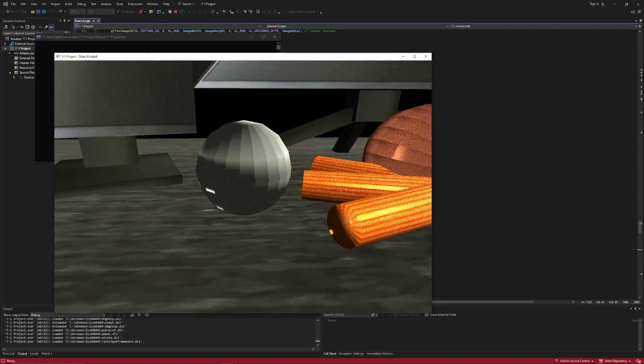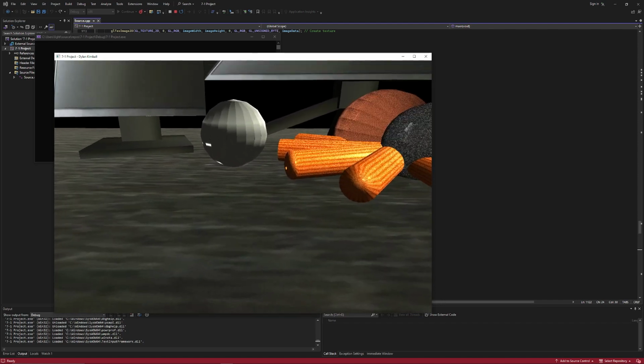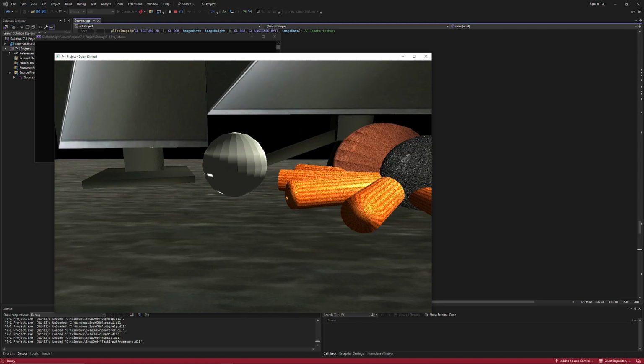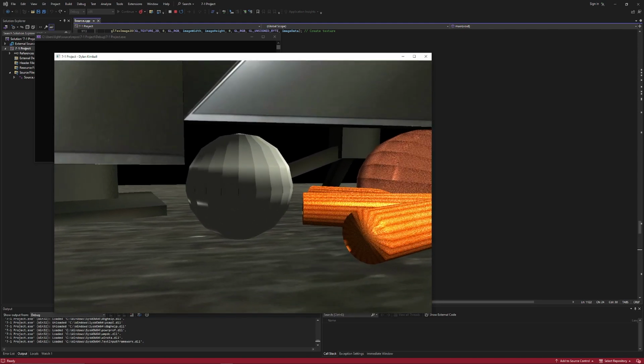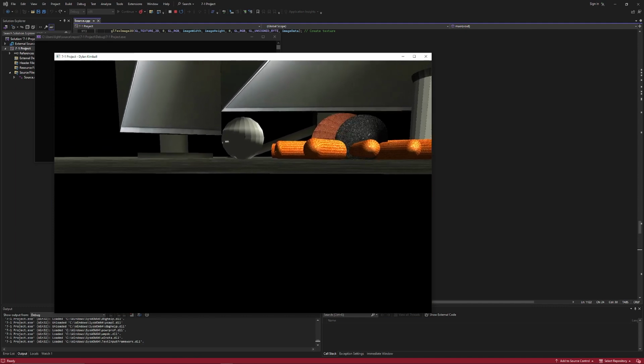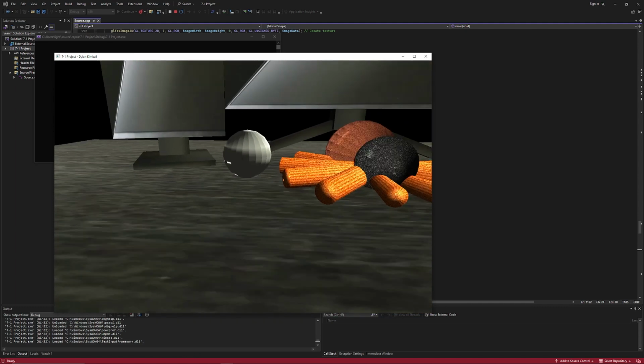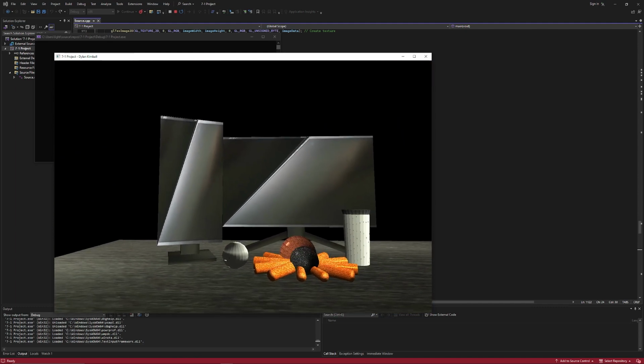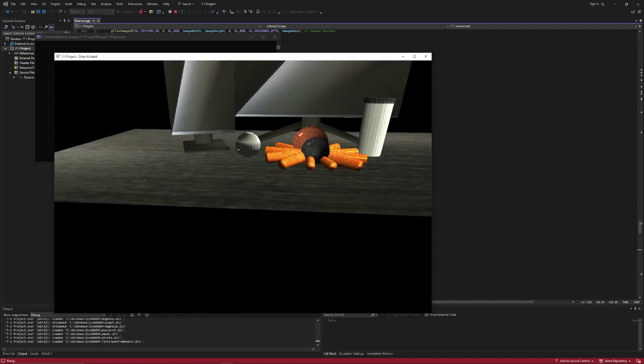So for the baseball, I will have a function that's called each frame that's going to increase the scale of each one of these little sections so that the ball will get bigger, and increase the position of it so that the bottom always stays on this table. And then once it reaches a certain point, it's going to start decreasing the scale back down until it gets